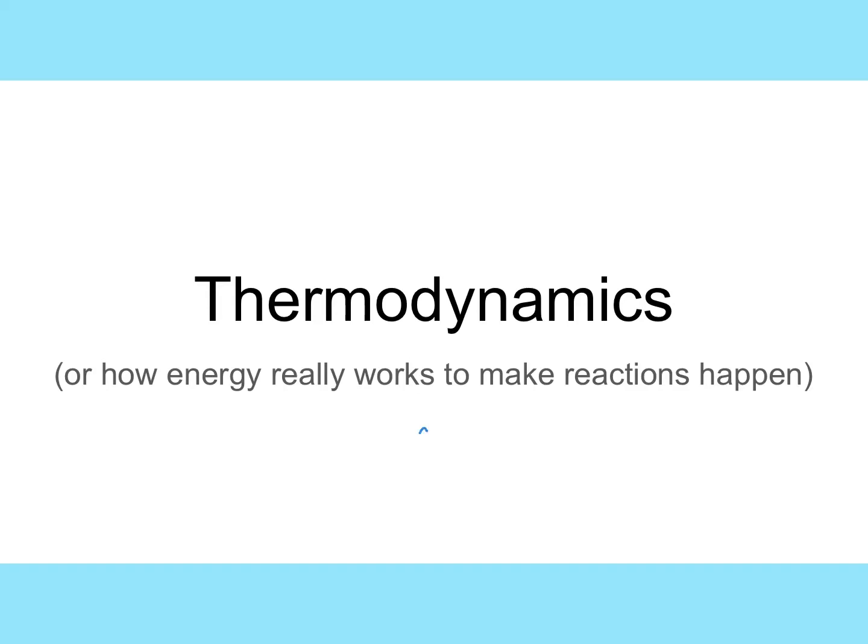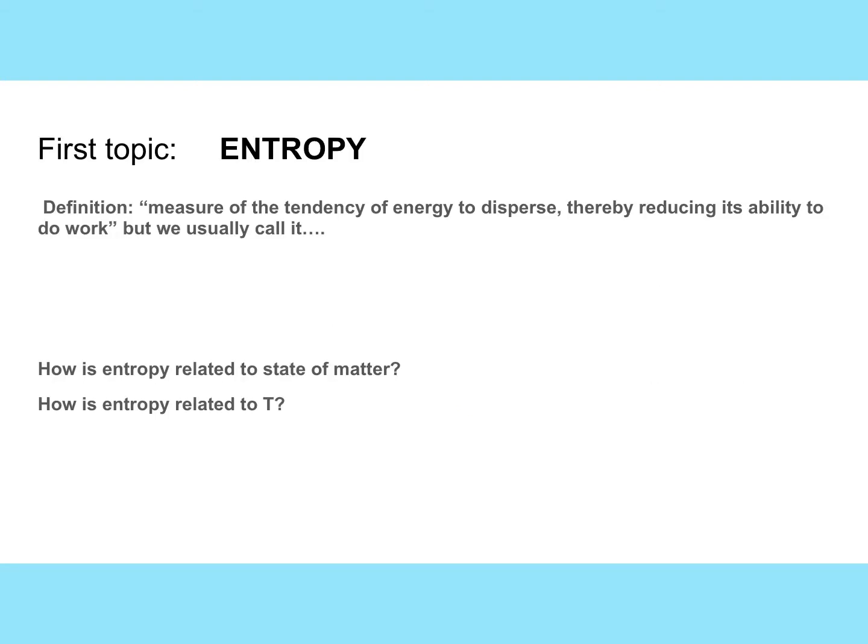Welcome to your first lesson regarding chapter 19, which is chemical thermodynamics. We did the energy part of thermodynamics way back in chapter 5, and we are going to learn more about energy in this unit. The first thing we need to define here is entropy. And I think I gave you a short version when we were talking about solutions and why things dissolve. Okay? There's a technical definition of entropy right here.